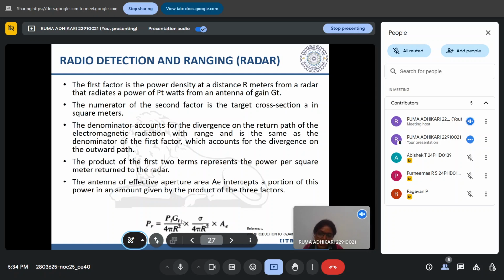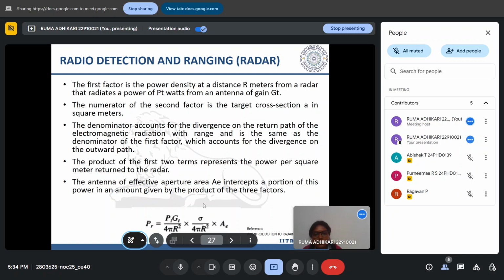Constant is G, this gain, like an antenna factor, how efficient the antenna is. An ideal antenna has gain equal to 1, that is not real. It measures how directional an antenna can send the signal. The more directional and dense the signal, the more the gain. It depends totally on the antenna,